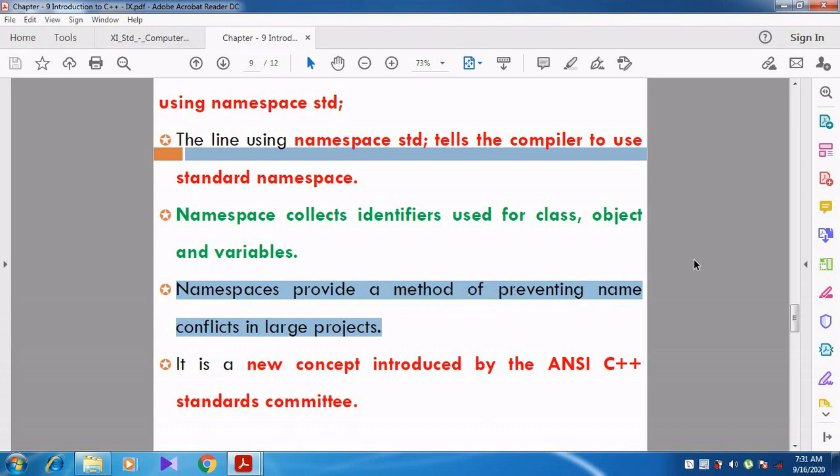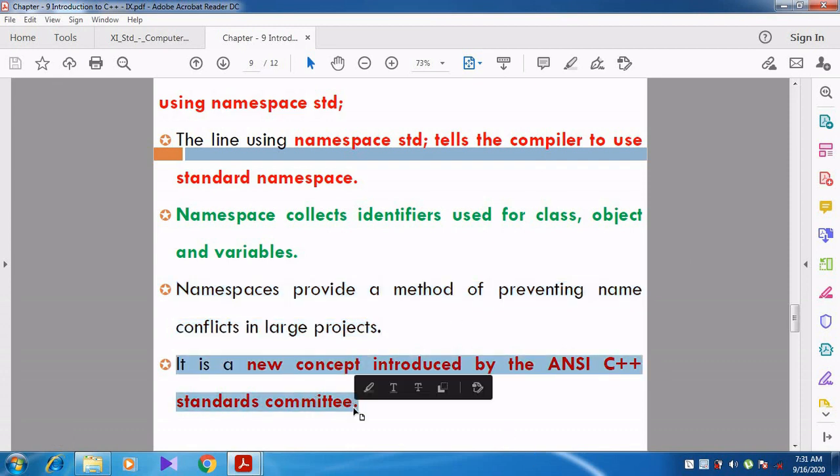So there will be no confusion with the identifier name, class name, object name or variable name, because we are using namespace std, where std means standard. So there will be no conflict in large projects. It is a new concept introduced by the ANSI C++ standard committee.